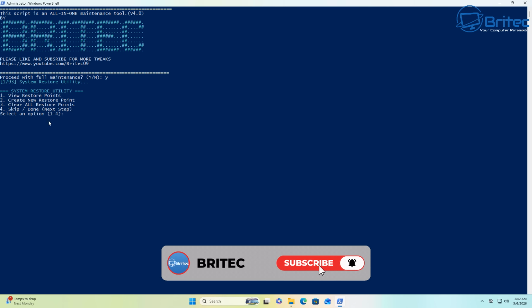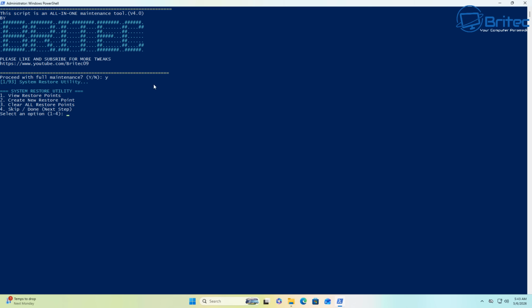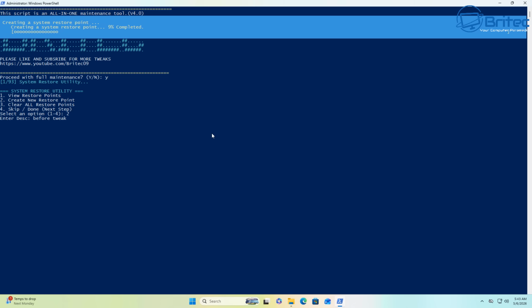So you can see the first option is System Restore Utility. You can view restore points, you can create new restore points and clear all system restore points, or you can just skip onto the next section, because I've broken it down into sections to hopefully make it easier for people to navigate. If I wanted to create a system restore point, you need to make sure the system restore service is turned on, and we can now give it a name. So I'm going to give it "before tweak" and basically press enter,